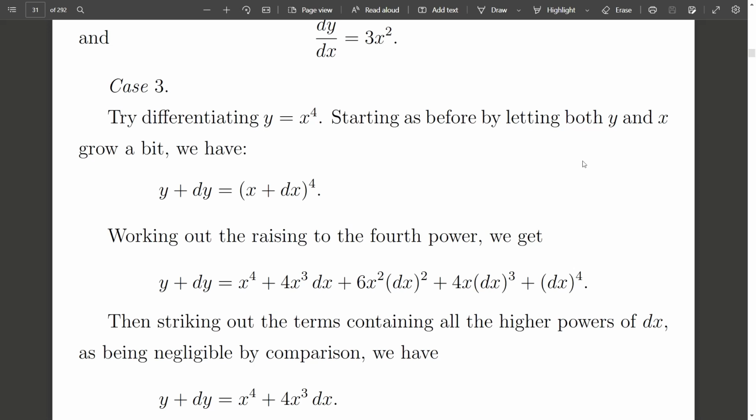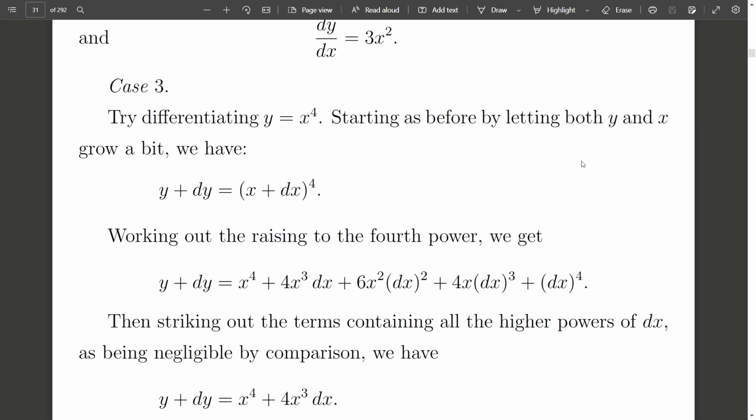Case 3. Try differentiating y is equal to x to the power 4. Starting as before by letting both y and x grow a bit, we have y plus dy is equal to x plus dx to the power 4. Working out the raising to the fourth power, we get y plus dy is equal to x to the power 4 plus 4x cubed times dx plus 6x squared times dx squared plus 4x times dx cubed plus dx to